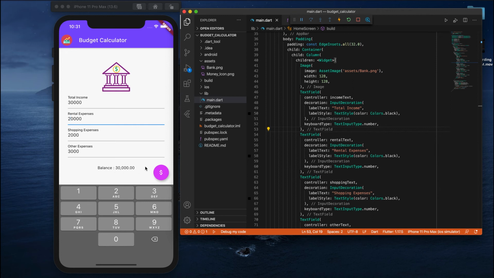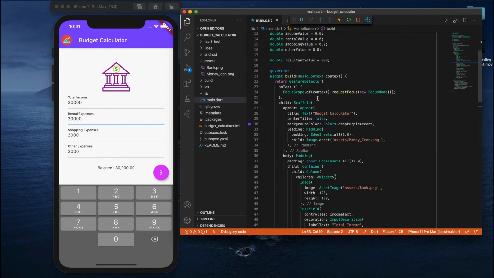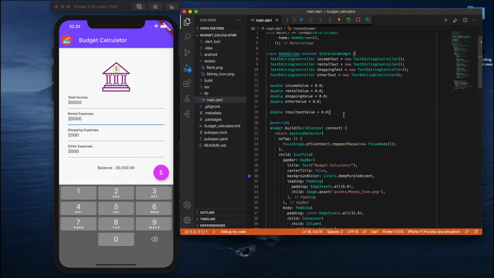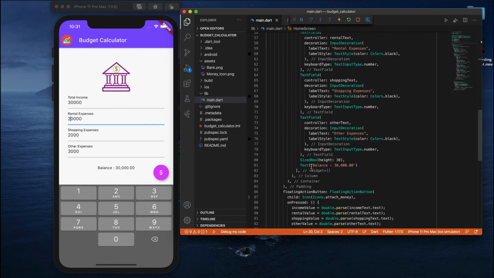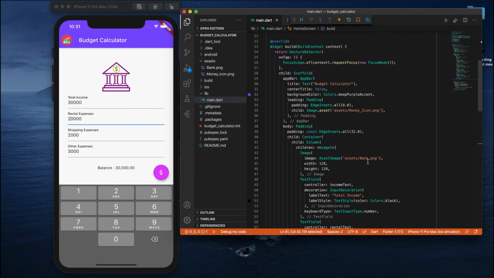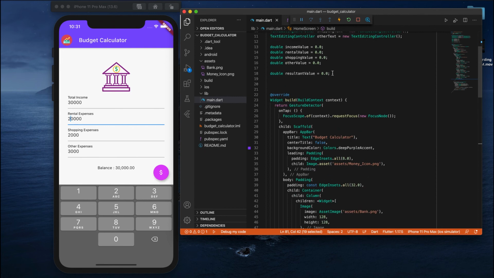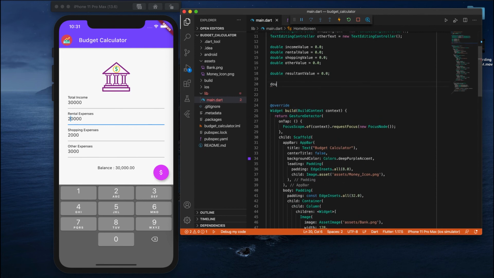To update this data here, the stateful widget comes into the picture. Okay, we'll see what that is. Before that, let me add a dynamic value. Here if you see, we have given one constant data, this is a constant text, this data is not dynamically changing. So instead of that constant let me give some dynamic data.